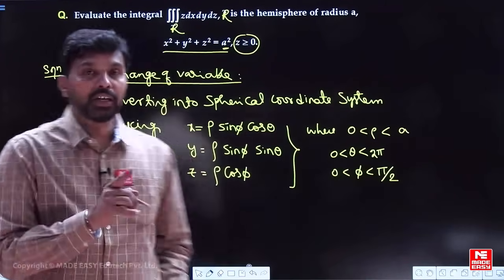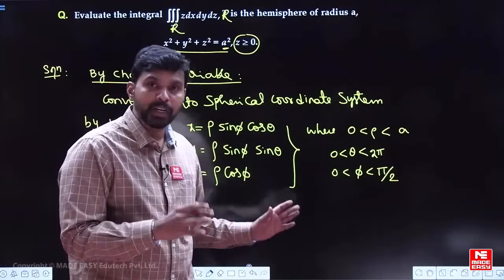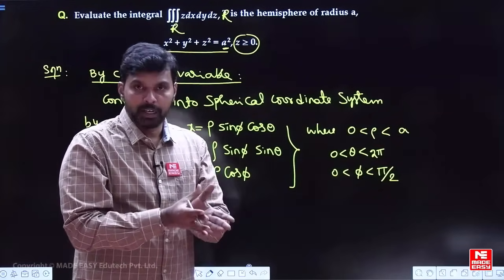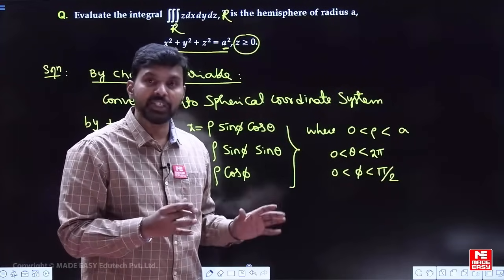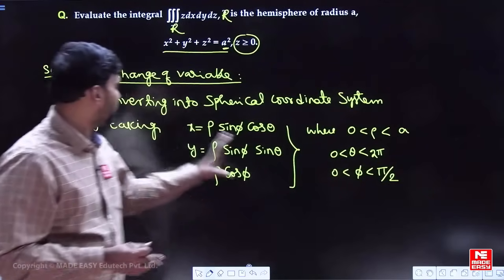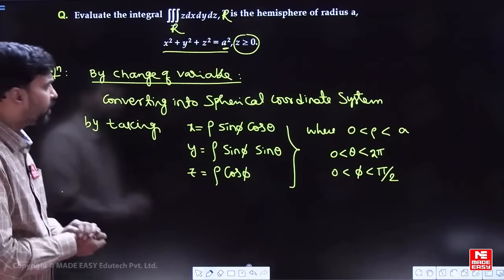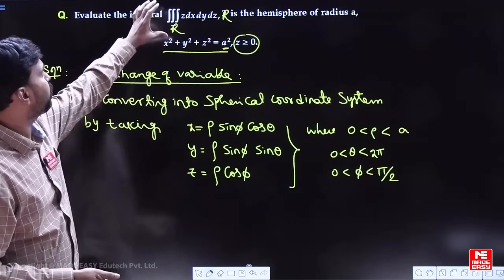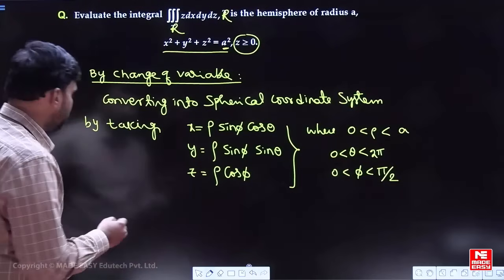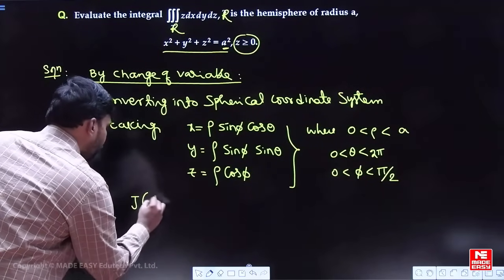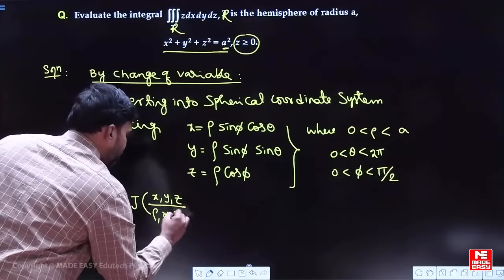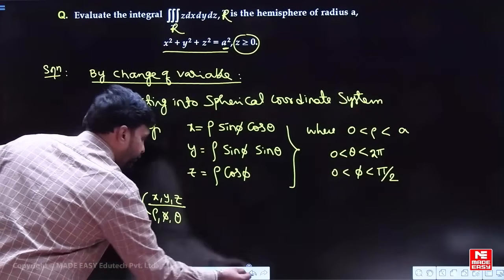So then it is understood as the hemisphere. If it is 0 to pi, then it is the complete sphere. So these are the ranges of the radius, phase angle and theta which can help us. But when you take this substitution into this integral, the Jacobian also comes into the picture. So what is the Jacobian of x, y, z with respect to rho, phi, theta,